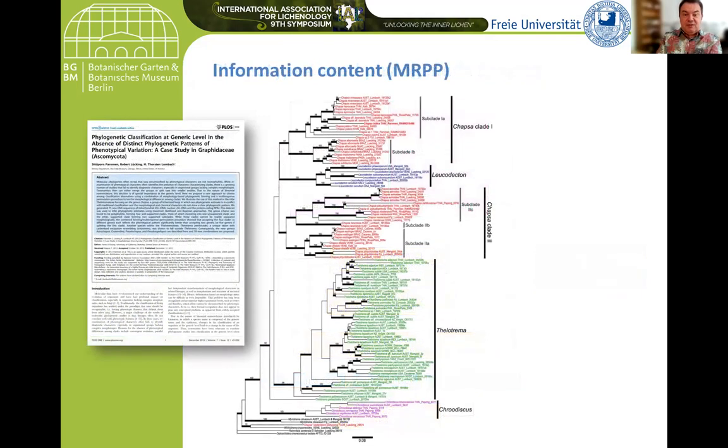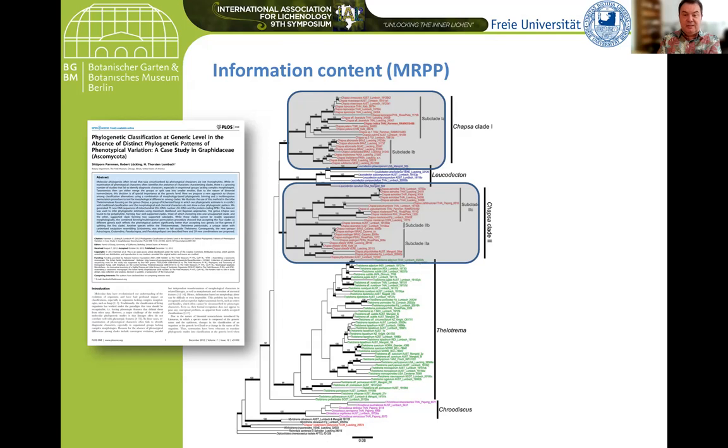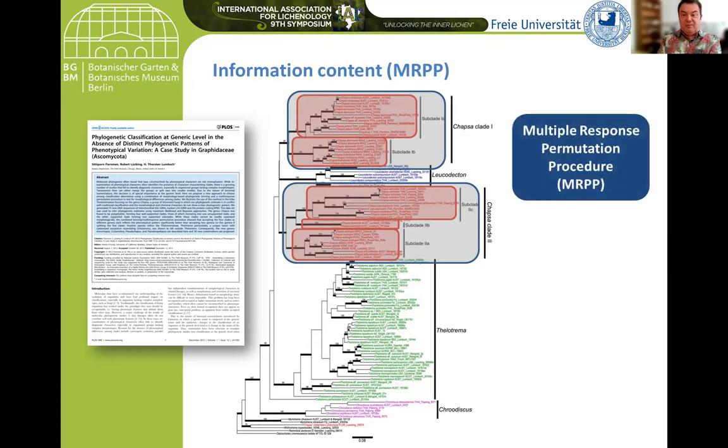Another thing is information content, where you want to do a more sophisticated approach than the one I showed before. Here's a situation where we have one genus, Capsa, in the family Delimited, which turned out to be polyphyletic. And here the question was, should we now distinguish two genera or 4 or up to 5 genera, given how these clades are subdivided.